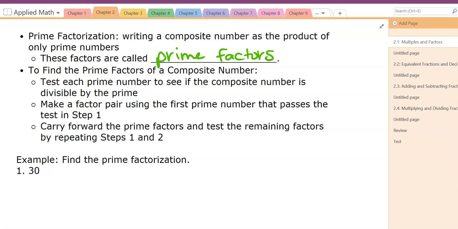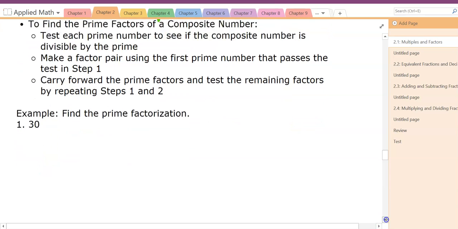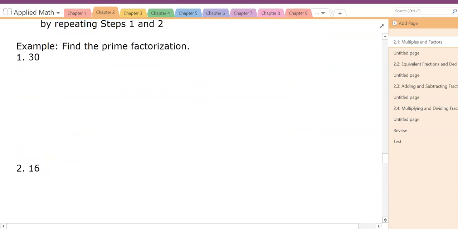But if you know there are bigger numbers, sometimes it can shorten the work for your factor tree, because if you're only dividing by 2, your factor trees are going to get really long. So I wouldn't say always go for 2 or 3 or a small number. But you want to get down to those prime numbers, because once you've found them, then we can write out the prime factorization. So for 30,